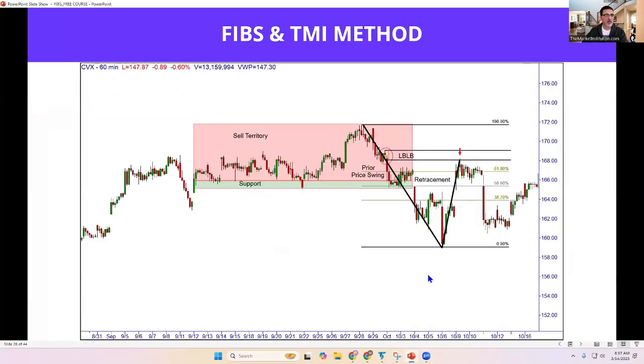All right, so a couple of examples. Like I said before, we combine the Fibonacci measurements with a leg base located in a sell territory or located in a buy territory. Okay. So location is very important. Using the leg base group of candles from high to low, you might see that, hey,